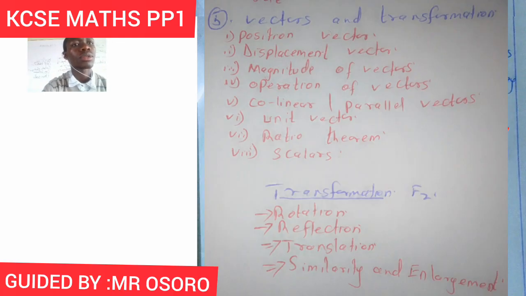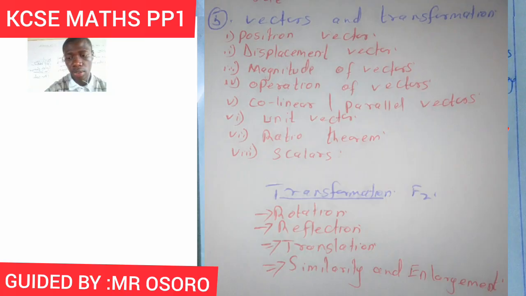And you're also supposed to know similarity and enlargement. So you'll get one question in section 1 and another in section 2. So ensure that when you're preparing for paper 1, be sure to go through the vectors and understand the concepts